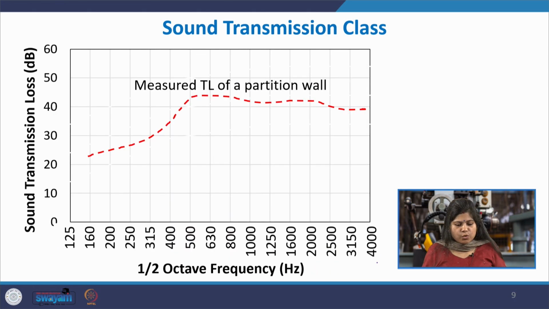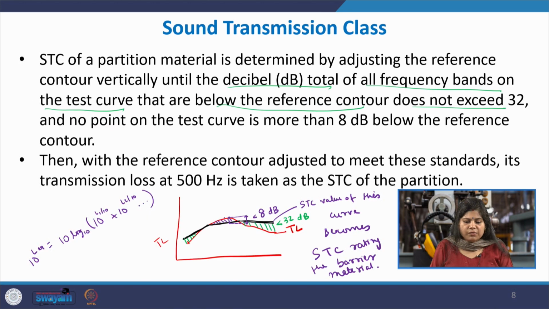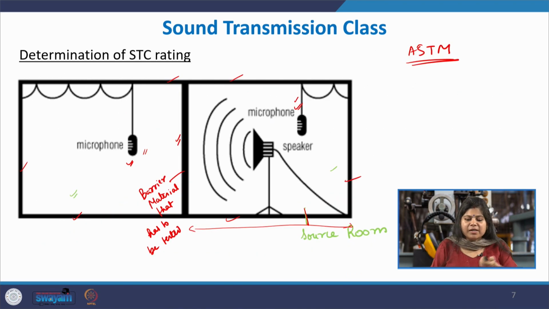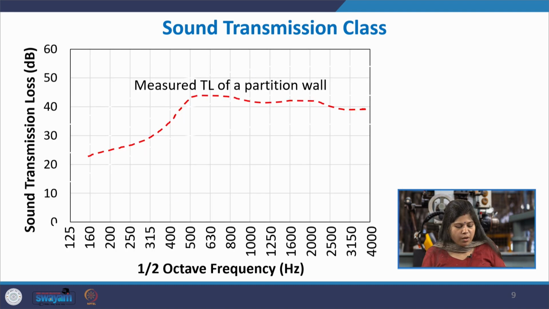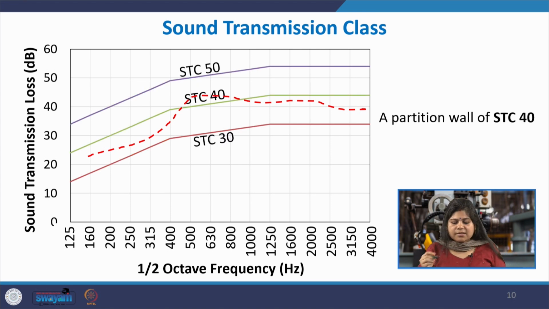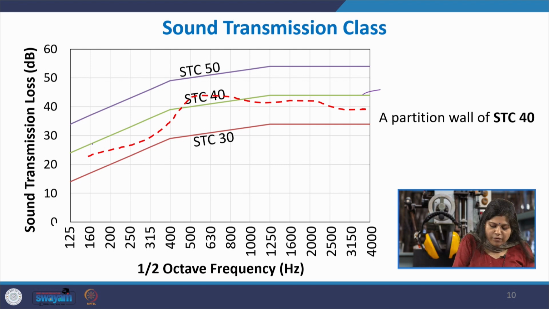the STC rating of the barrier material that you are testing. Okay. So, let us see, for example, this is the measured transmission loss of a partition wall where this kind of a typical test environment has been used. Now, you can start by drawing the various STCs from STC 0, STC 5, 10, 15 like that, various kinds,